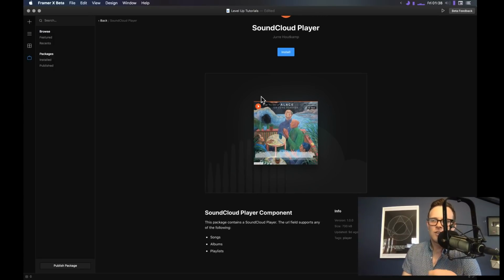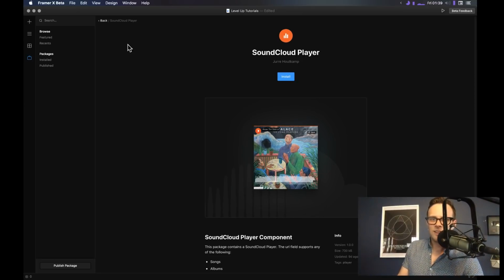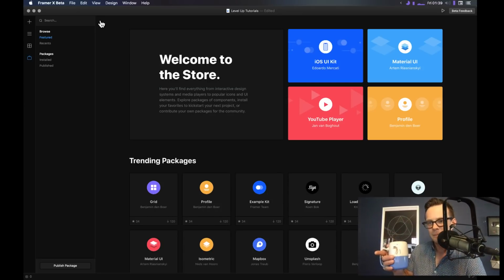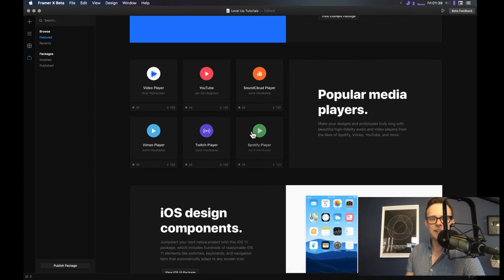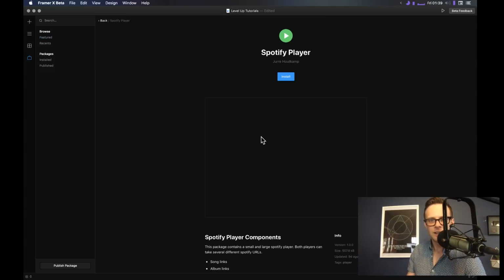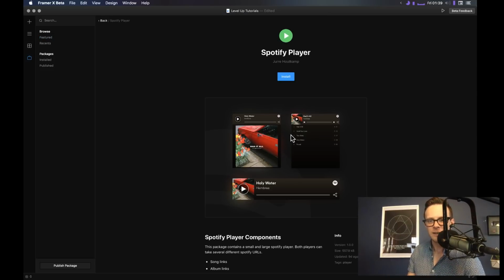I mean, you get stars, you get downloads and all that stuff. Maybe it's a good little marketing tool for your organization to put up some components on here. This is cool. This is really cool. Spotify player, Twitch player. Yeah, I like all this stuff. Look at that. Dang, I'm a big fan of this. So yeah, if anyone has any questions, please ask. If not, I might call it